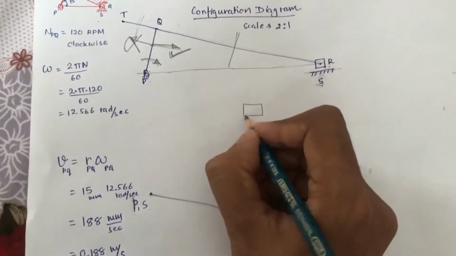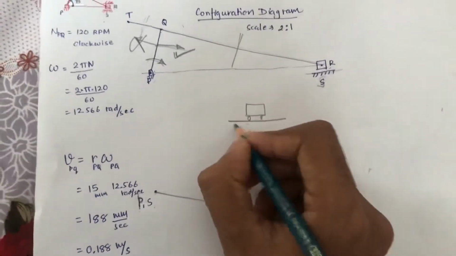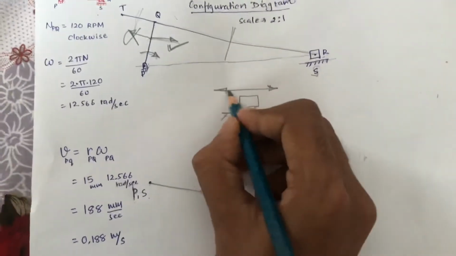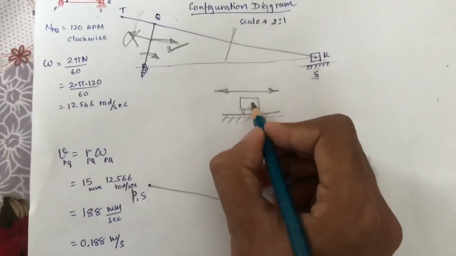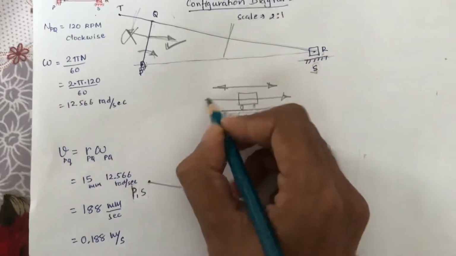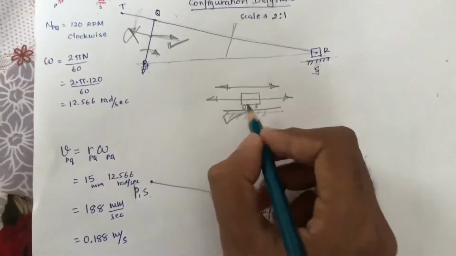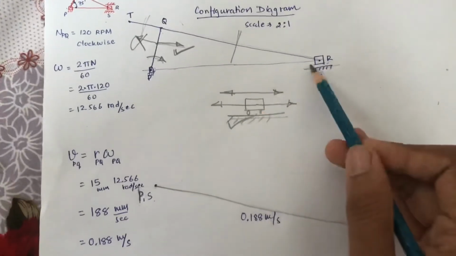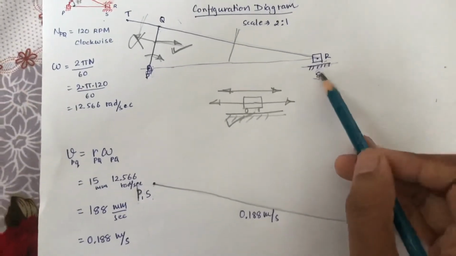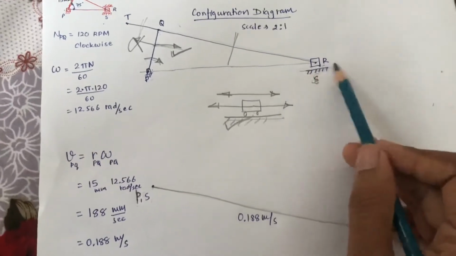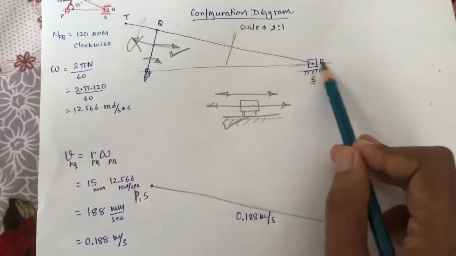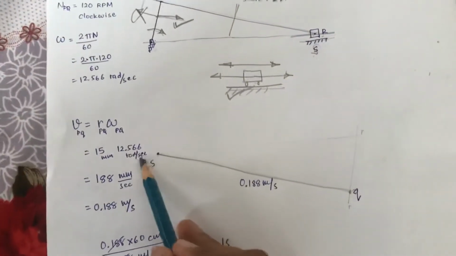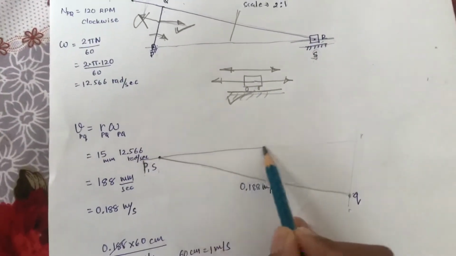The slider rolls in this path. Let us consider it will slide in a to-and-fro motion like this. So the velocity will be either in this direction or this direction. It is parallel to this path. Like the velocity of a car, the slider works similar to a vehicle or car on the S path. So it is horizontal. So the velocity of the slider is horizontal passing through s. So let us draw the velocity of the slider.